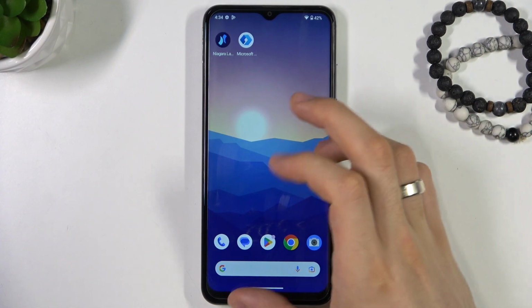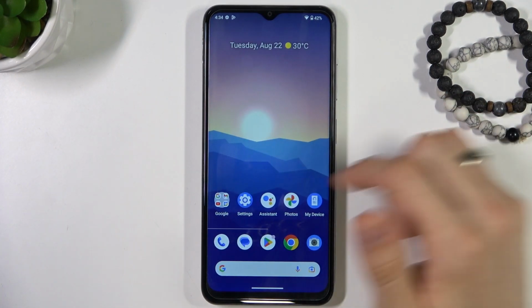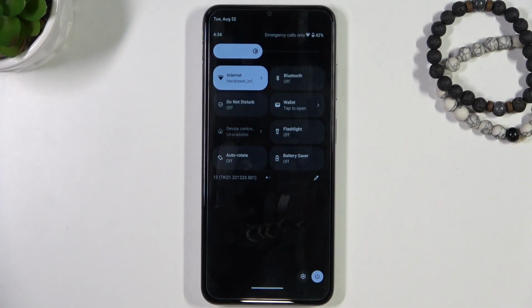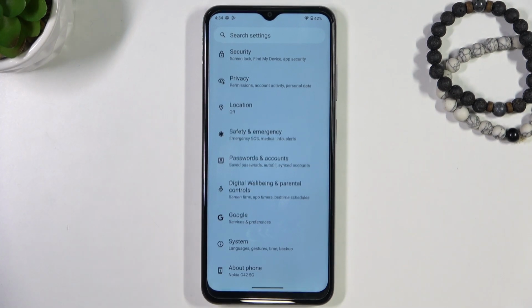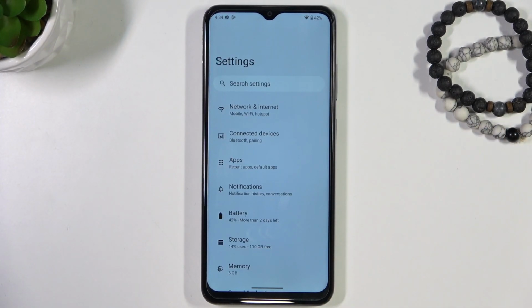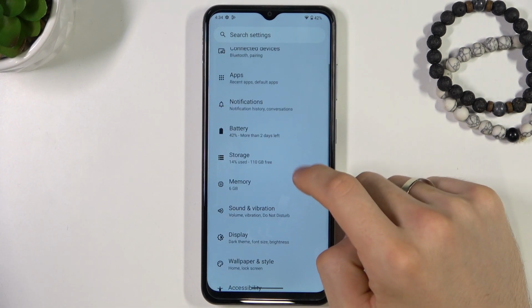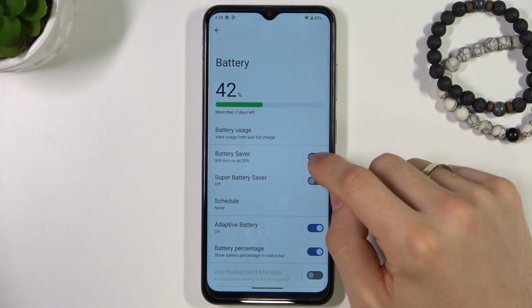Cool. Then the next step you can do is to reduce the screen brightness. So here we have LCD screen, not the LED, so dark mode is useless on this device, so you don't need to enable the dark mode. It will not help you to improve battery life, but you can scroll down, find battery here, and enable battery